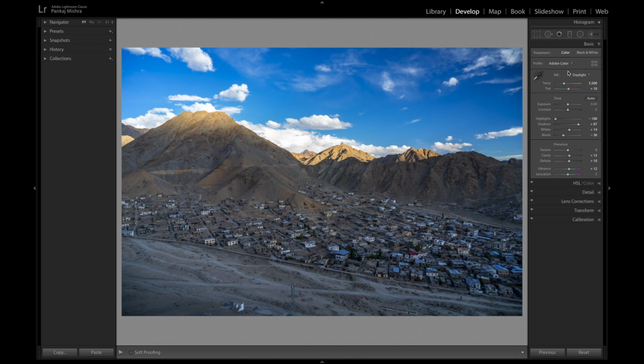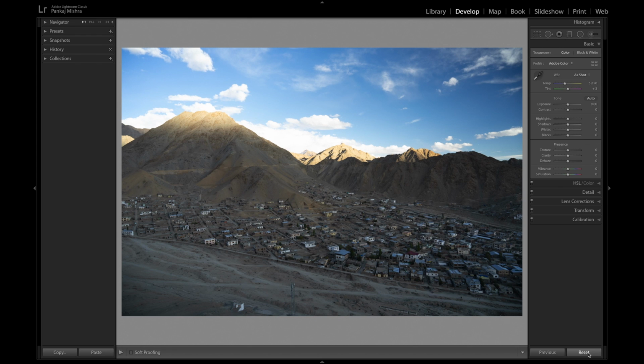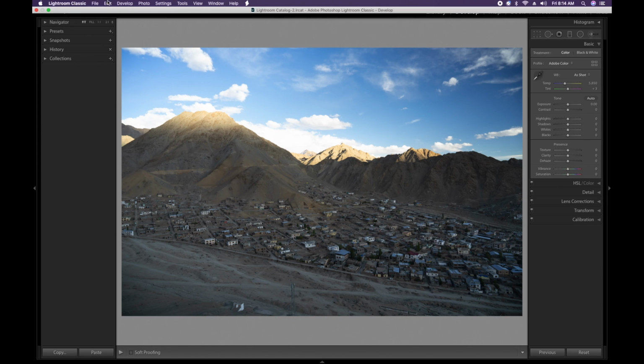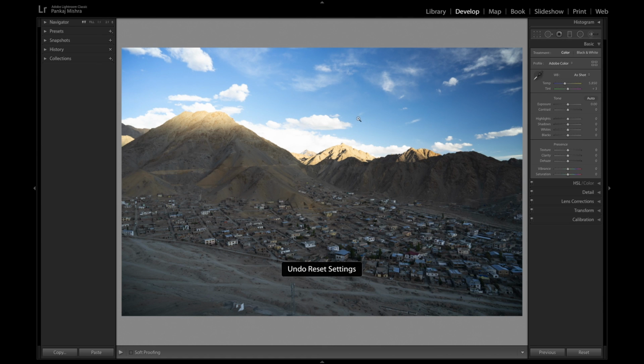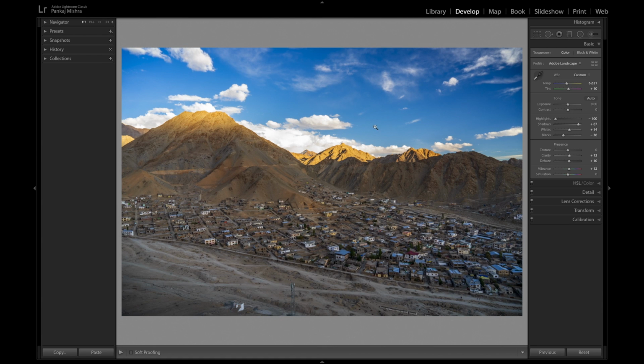Now we are doing profile correction and white balance adjustment, which are minor corrections. In our upcoming video we will deep dive into them, and now the post processing has already been done. Now we are checking our before and after effects on the photograph. See, this is before, and this is after processing it with the minor adjustments.